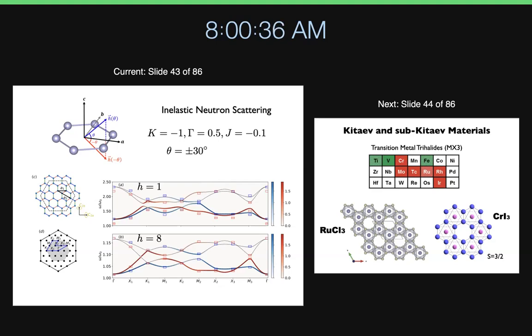So everything you've been discussing is about an individual layer in the 2D model. Yes. Does anybody ever think about the coupling between the layers? Yes, the coupling between the layers is coming tomorrow. In fact, it's very important to understand the experiment. Especially for ruthenium trichloride, it's a van der Waals material, and the van der Waals potential is less than 1 meV, about 1 meV, which is about 10 Tesla.